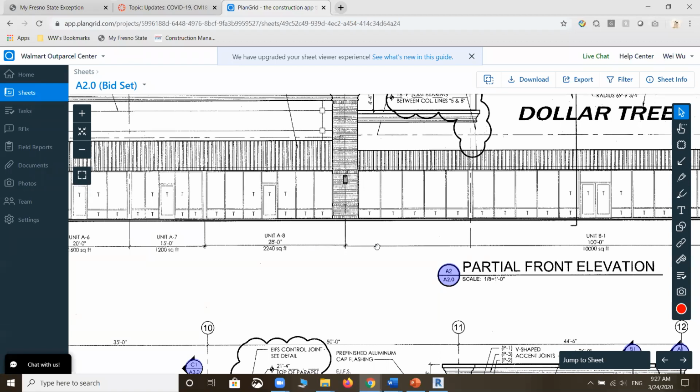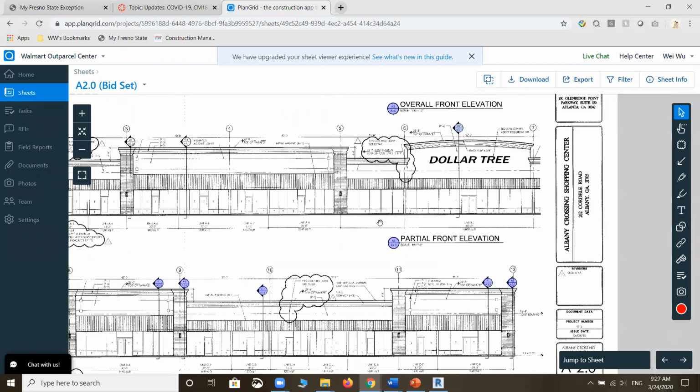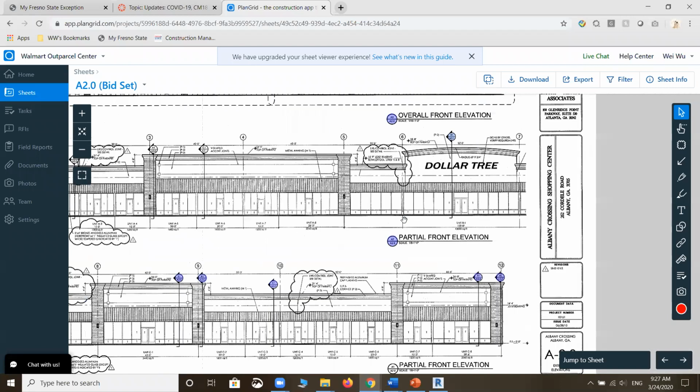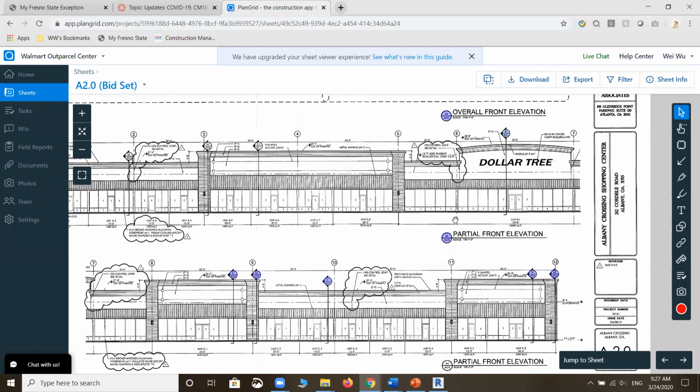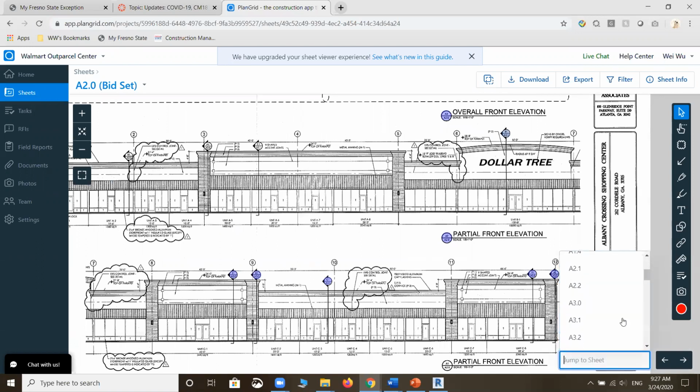Anyone trying to help out? You can type your answer in your chat window. Where should we go in order to look up the door sizes? Okay, no answers. Let's try